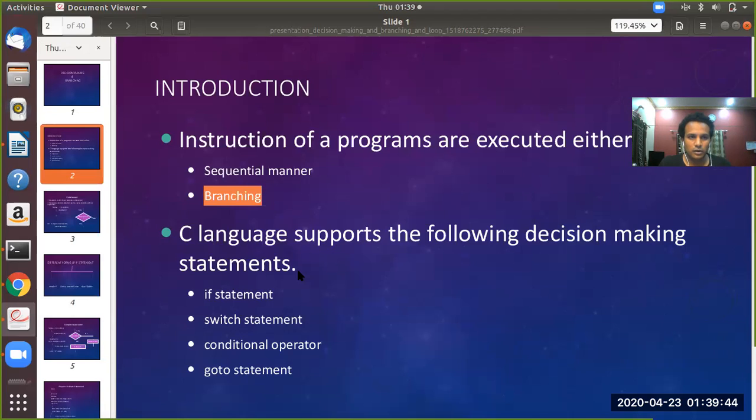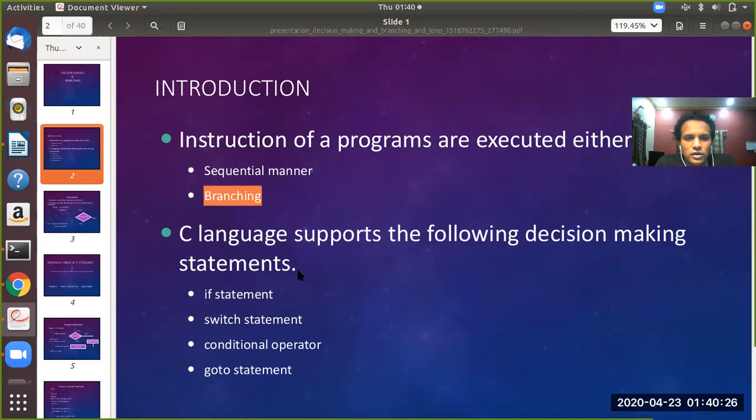Hope you can imagine the concepts that I am telling. You can pause the audio, re-listen to the statements, and then thoroughly understand what I am trying to say. However, in the subsequent slides, you will really know what it is. But at this slide, just to give a big picture, a broad picture about the meaning of execution of a program sequentially and branching, I'm speaking with abstract data, abstract concepts about sequential execution and branching execution.